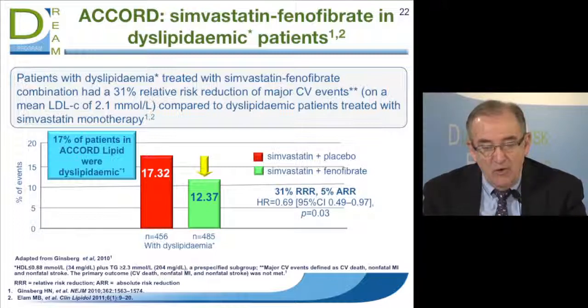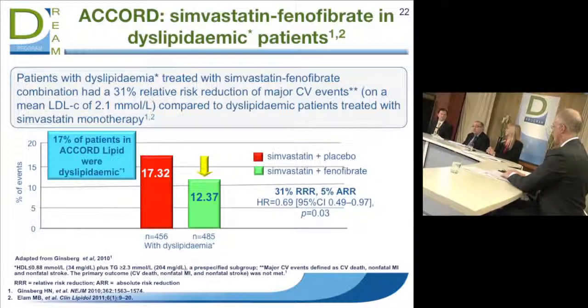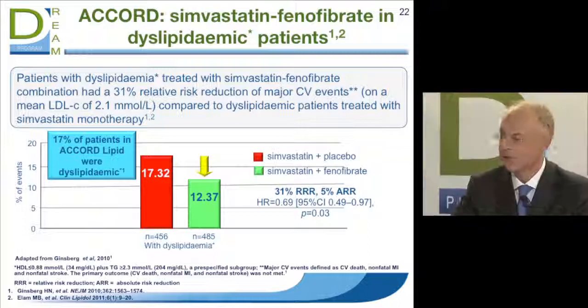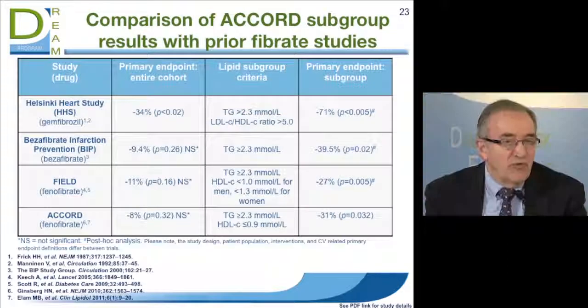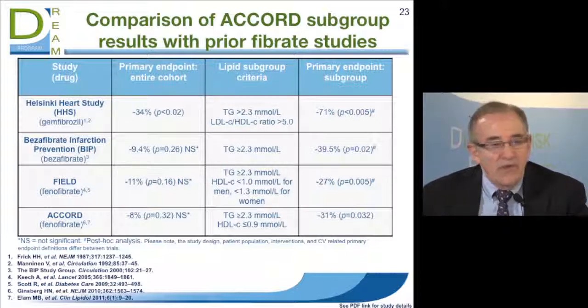And this meant that you only needed to treat 20 people to reduce events by 1. I think there is evidence from previous trials that suggests that this population is indeed susceptible to greater benefits from fenofibrate, either monotherapy or in combination. Is that right? Yes, and I think when we saw these results, we had to realize that this was a third level of statistical analysis. This was a subgroup analysis.